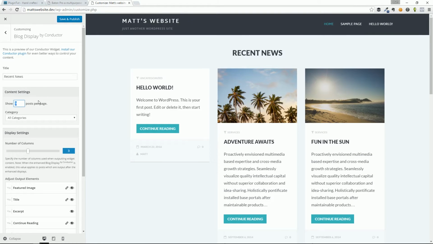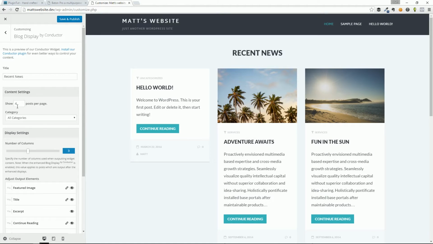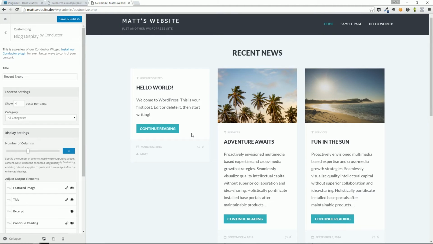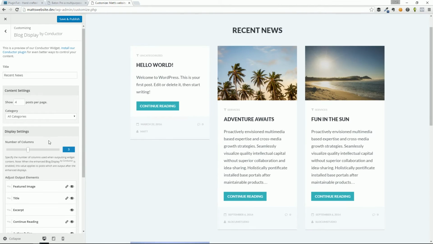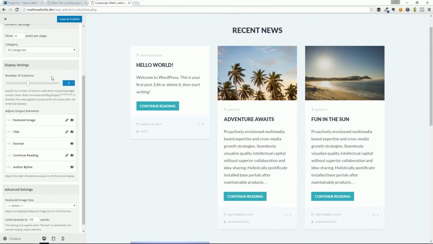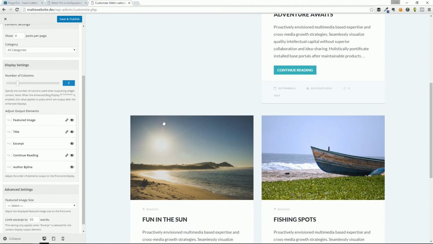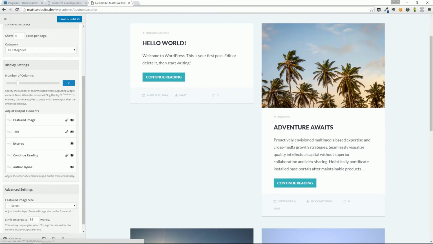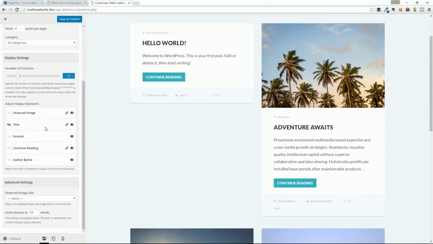But if you wanted to, say, only show 4 blog posts on the home page, we hit show 4 posts per page, and it's 1, 2, 3, 4. But now you're saying, hey, Matt, this is a 3-column layout. It kind of looks wonky with this 1 post hanging out here. Don't worry, because you are controlling your blog with our little Conductor feature. You can switch that to 2. And when we drag that down to 2, you can see that now we have a perfectly symmetrical 2-column blog display on our homepage. Of course, this one doesn't have a featured image, so it looks off a little bit,